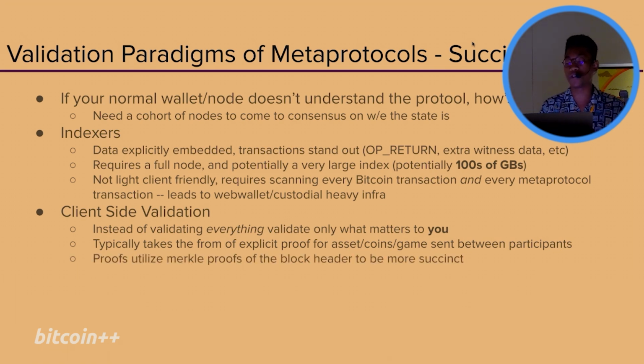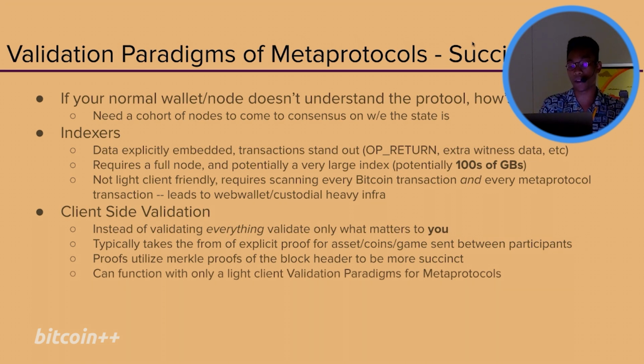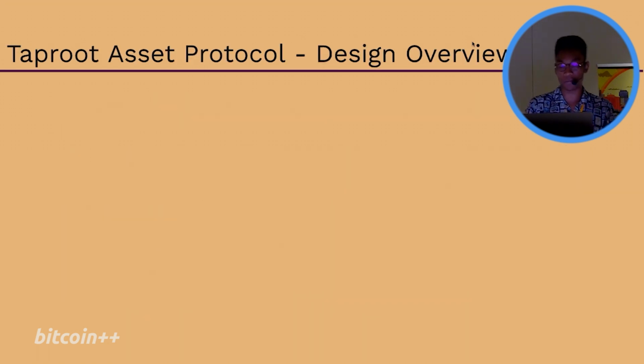And the cool thing about this is that you can actually utilize Merkle proofs in this construct, right? Because you only need basically all the block headers itself. Ideally, if all the proofs are based into a Merkle proof itself, you don't actually need the full chain. You can actually use something on your phone, which is really cool, right? Yeah, and so it's nice because of the light clients, right?